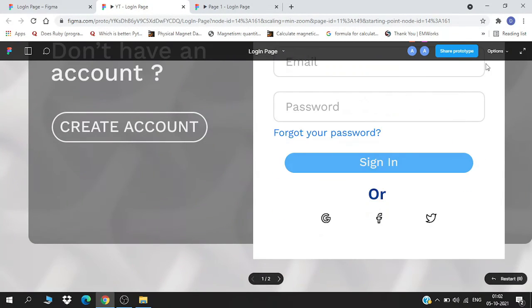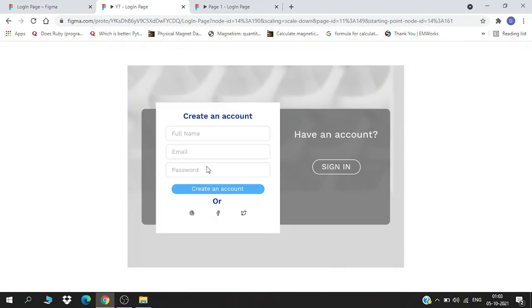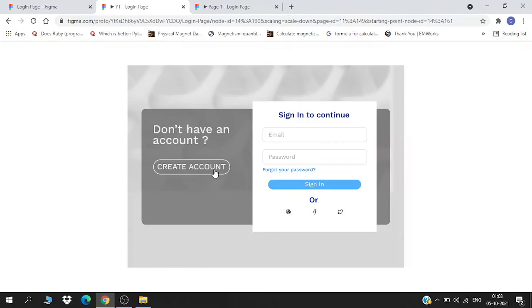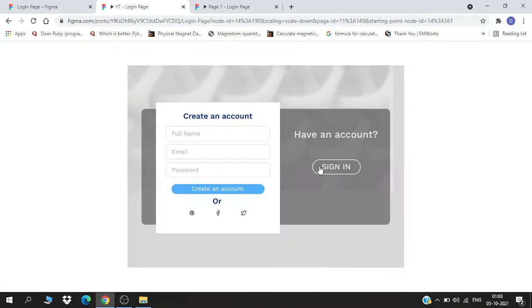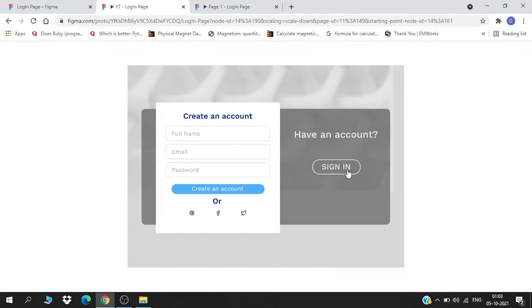I'm just going to fit it, and as you can see, it is working perfectly fine. Yep, the background is getting problematic. We can just edit the background. It is some kind of glitch in Figma. As you can see, this is working perfectly fine.